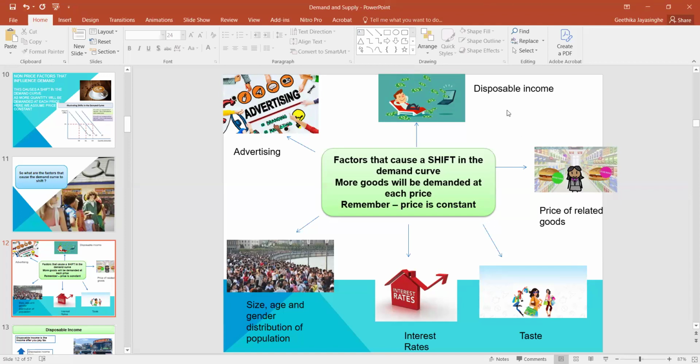And the next one is disposable income. How much money do you have to spend? Right now, you should be getting your normal income. From that, you add allowances, take away taxes. You should be getting disposable income. So when you get a higher income, people might demand foreign travel, branded items. It depends. Okay. So at the same time, when the disposable income is lesser, people will go for cheap items